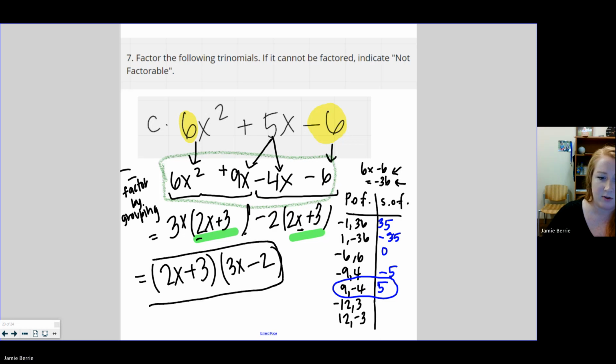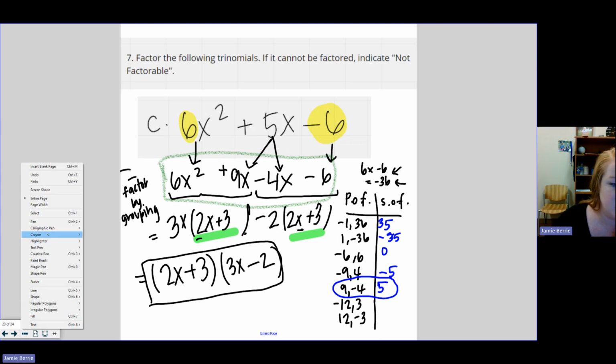Now, one thing I did forget to mention as I was struggling with my pen here is,